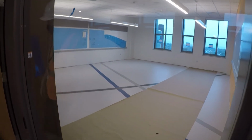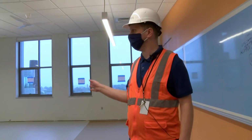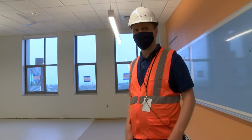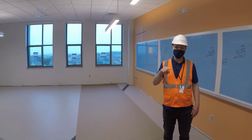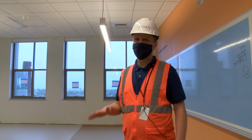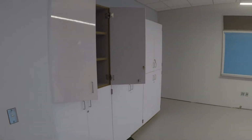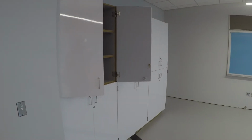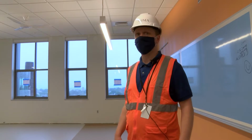So what we've tried to do in here is maximize teaching surface. So that includes the whiteboards that stretch along sort of the primary teaching walls, both at the front of the classroom and the back of the classroom. But we've even taken the storage cabinets that are in these classroom spaces. We've surfaced them with a whiteboard surface so that they can be used for instruction. You can write things on the top of them and really have almost every wall within the classroom serve as